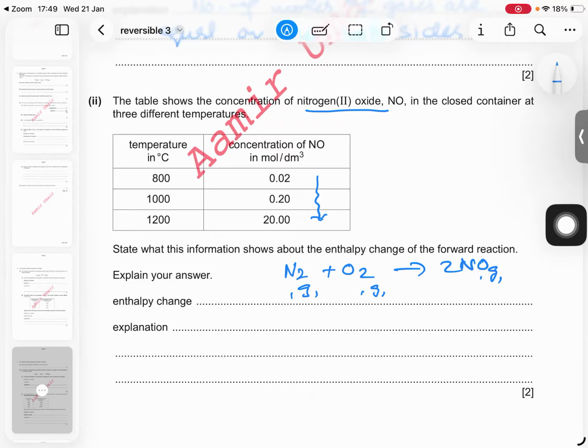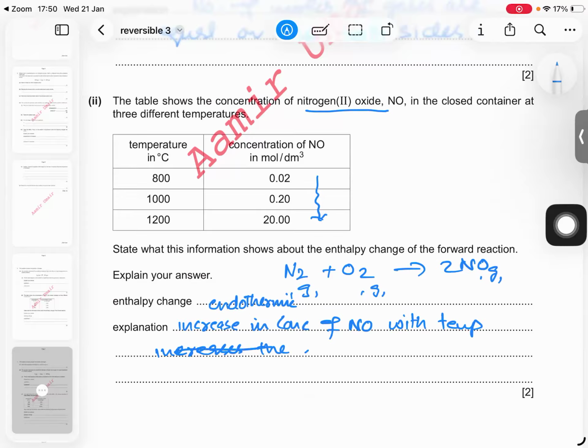So it's an endothermic reaction. So please write down: endothermic. Why? Increase in concentration of NO with temperature. Not increases, shifts equilibrium